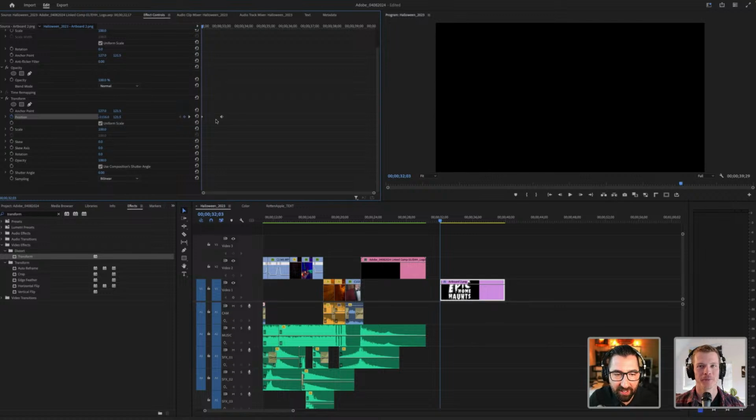Now, if you notice, because we had already set a keyframe, it automatically added a new keyframe. We hit play. Look at that, same thing, right? Okay, well, let's add our ease out, and let's add our ease in. And basically it's exactly the same thing, right? But if we go to shutter angle, and really quick,